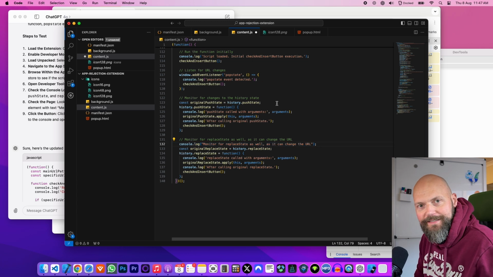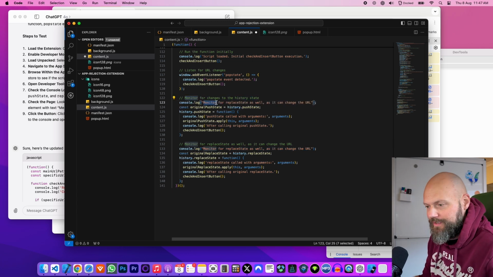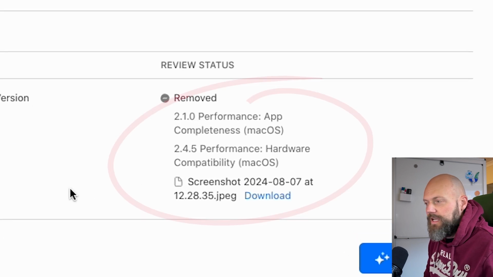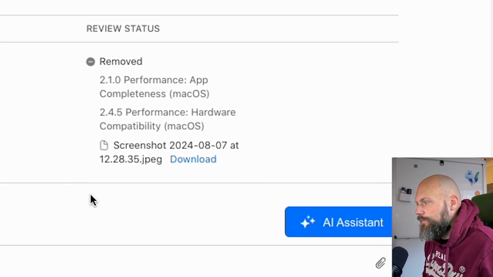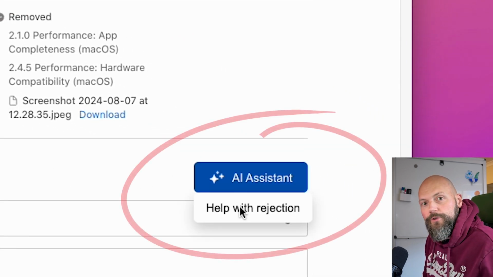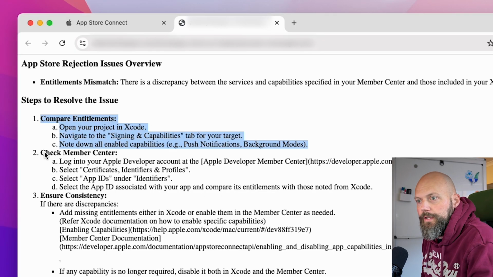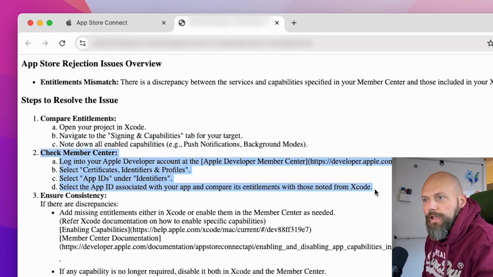Okay, so I've built my extension. Let's see how it works. It uses AI to process the messages from the App Store review team, gives you more context, and shows you step-by-step instructions on how to resolve the issue. We load our rejected app, performance, hardware compatibility, and we have an AI Assistant App Store review help button. And there we go. It provides an overview of the issues, steps to resolve, including resources, and some additional tips